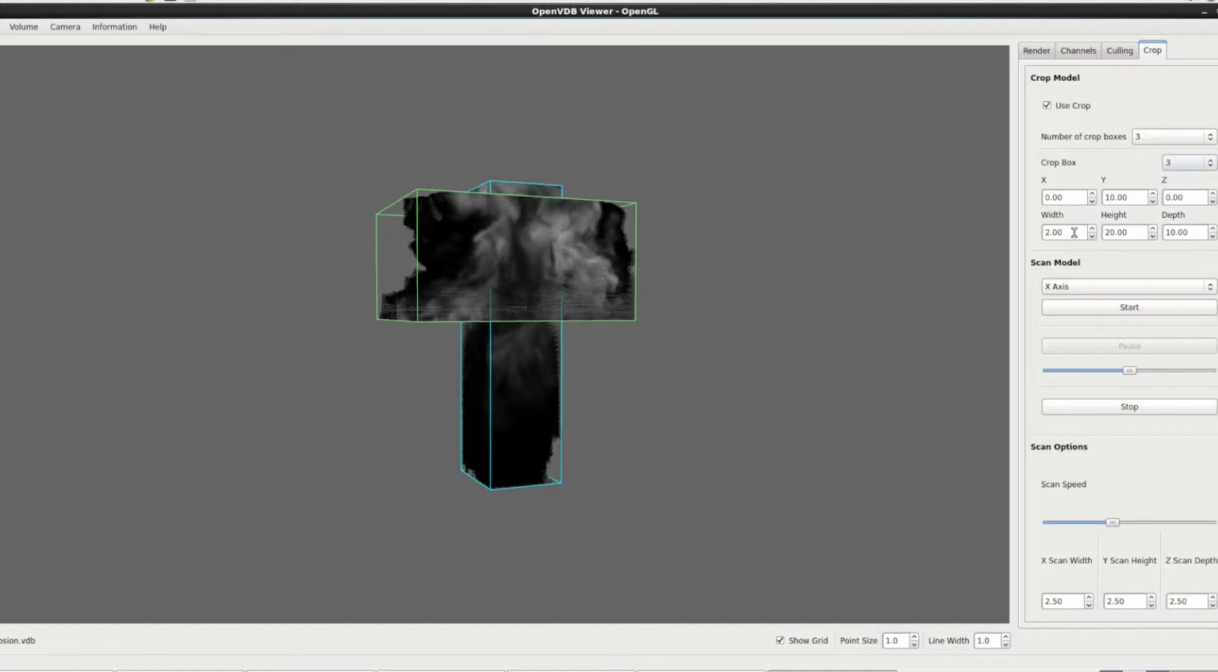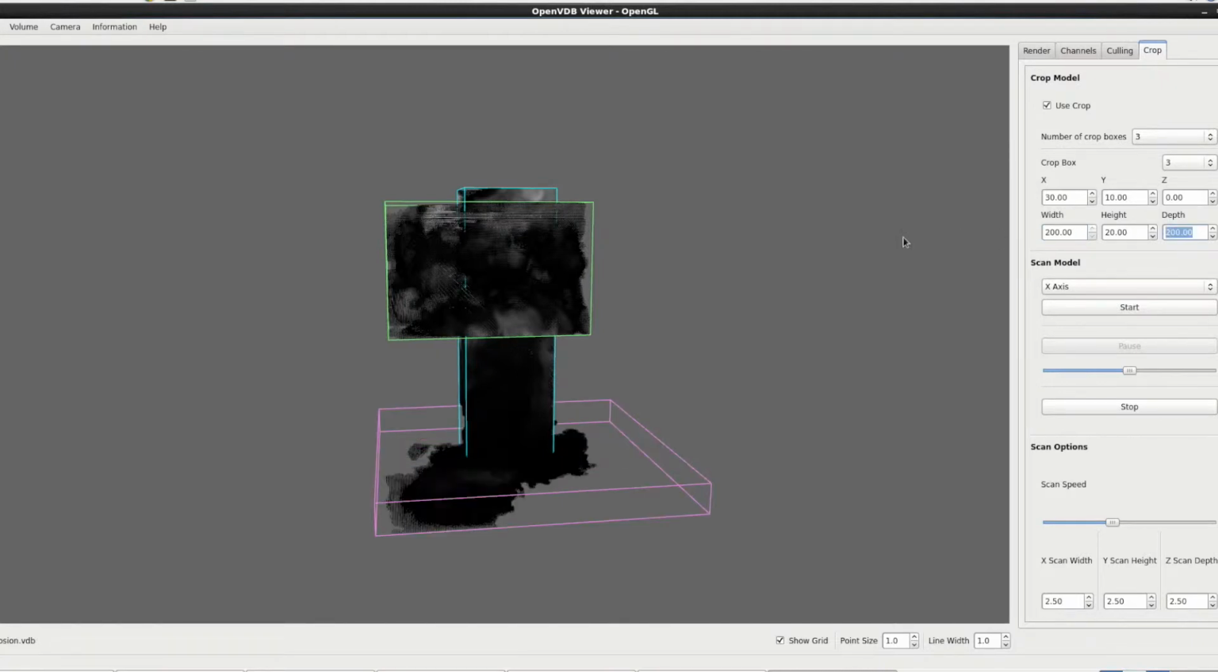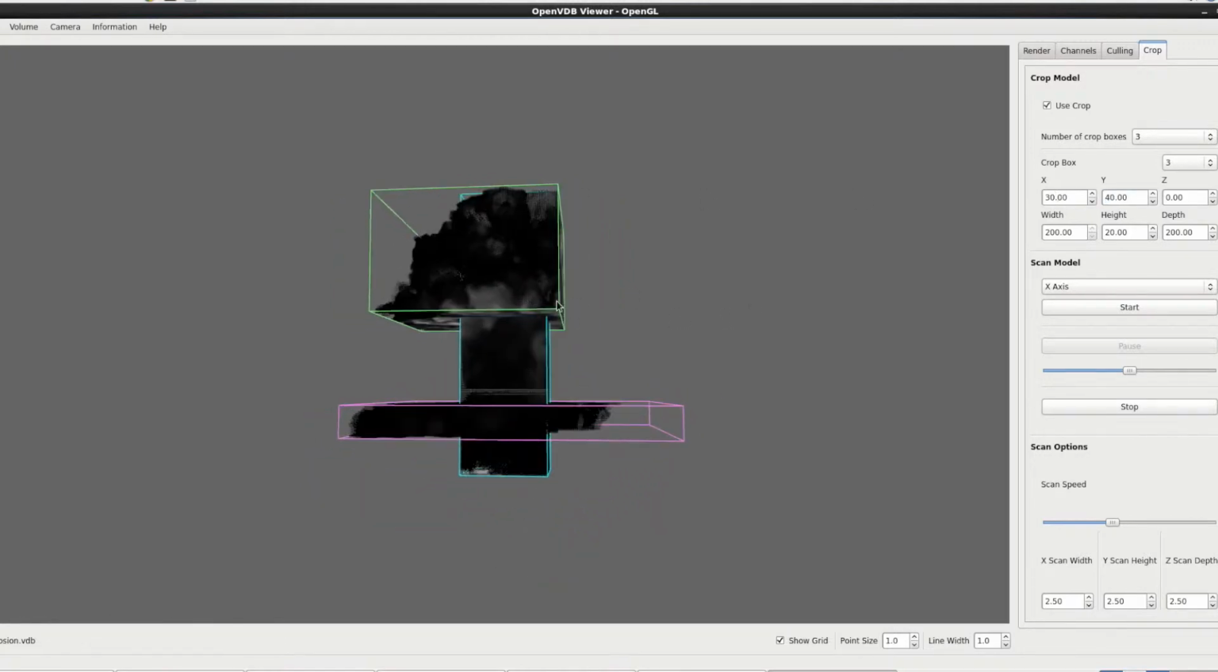So again, just 3, and let's place this one slightly to the right. Give it much larger width and a much larger depth, and move up. So this way you can build up sections,